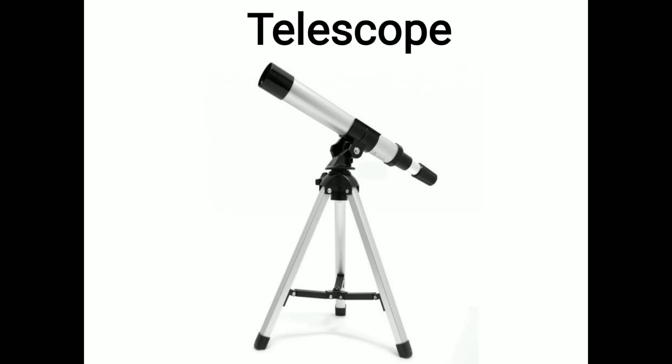And the last one is an instrument used for observing heavenly bodies. It is called telescope, right? A telescope is an optical instrument using lenses, curved mirrors, or a combination of both to observe distant objects, or various devices used to observe distant objects by their emission, absorption, or reflection of electromagnetic radiation.